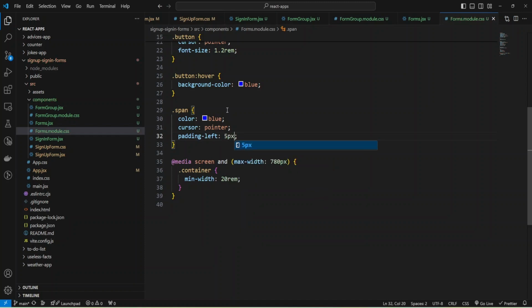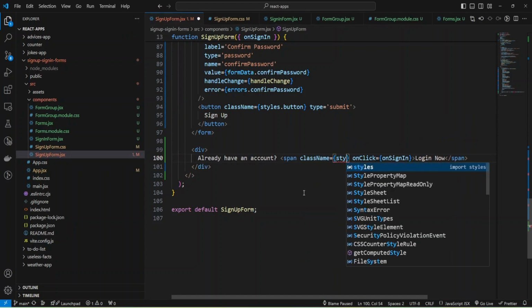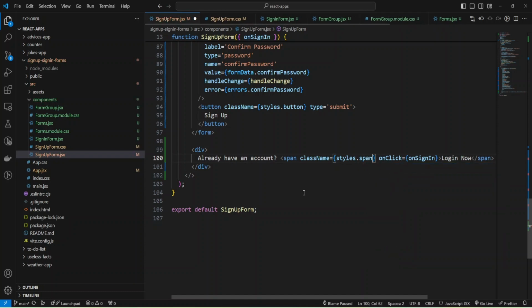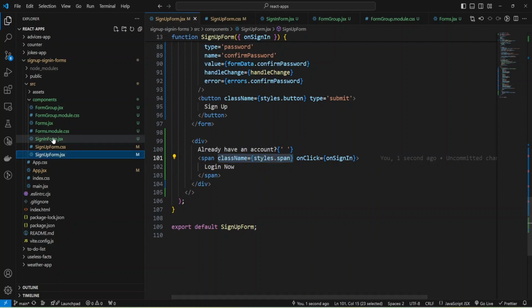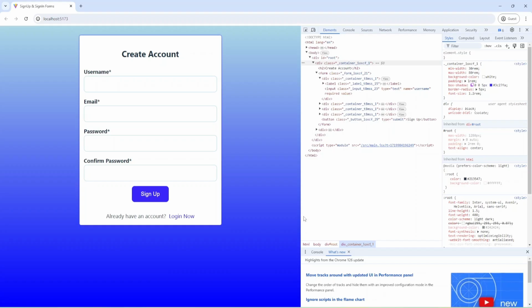And now let's apply the styles to our form, and inside sign up form I can provide class name and use my styles span, and we'll do the same for my sign in form, provide class name span, and let's check what we have. And we have our login now.